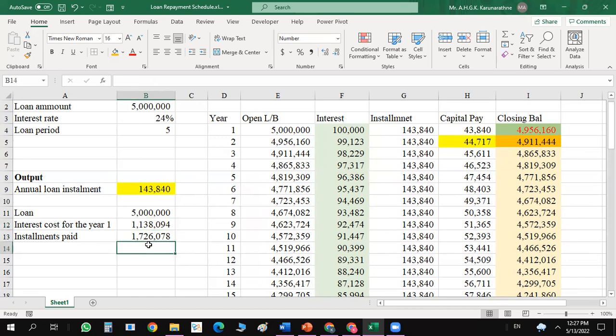Right, that means the closing balance is this plus this minus this, that is